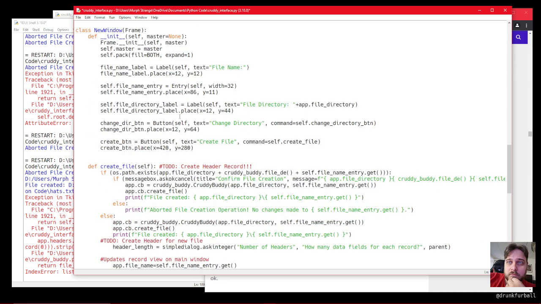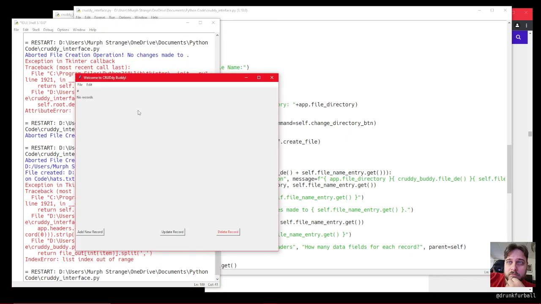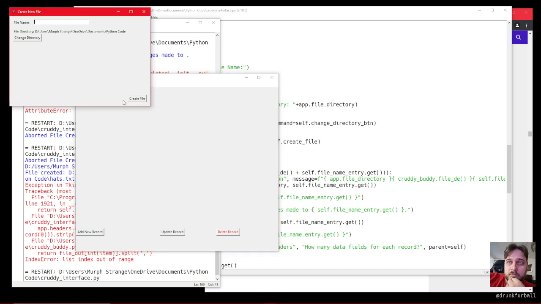It's a new window. Self. Okay, so now when we do new,